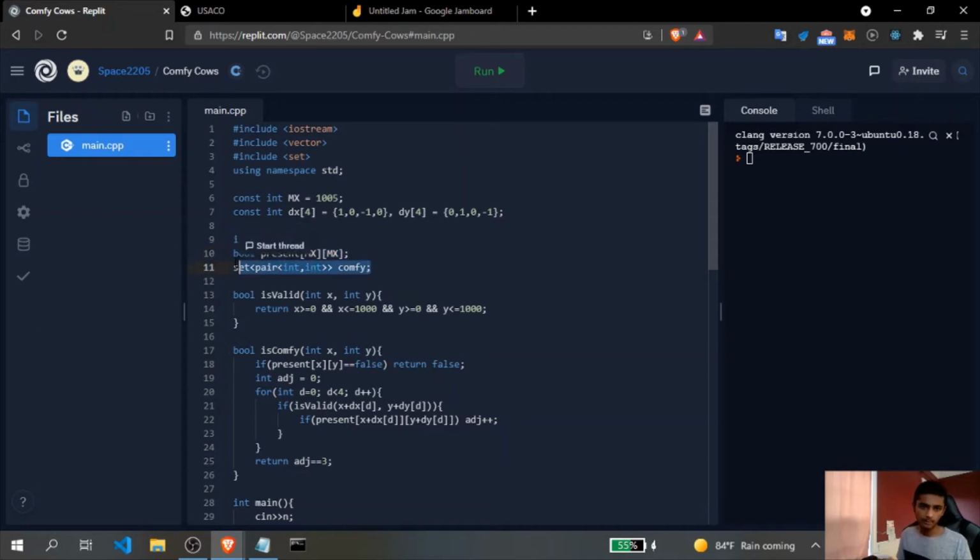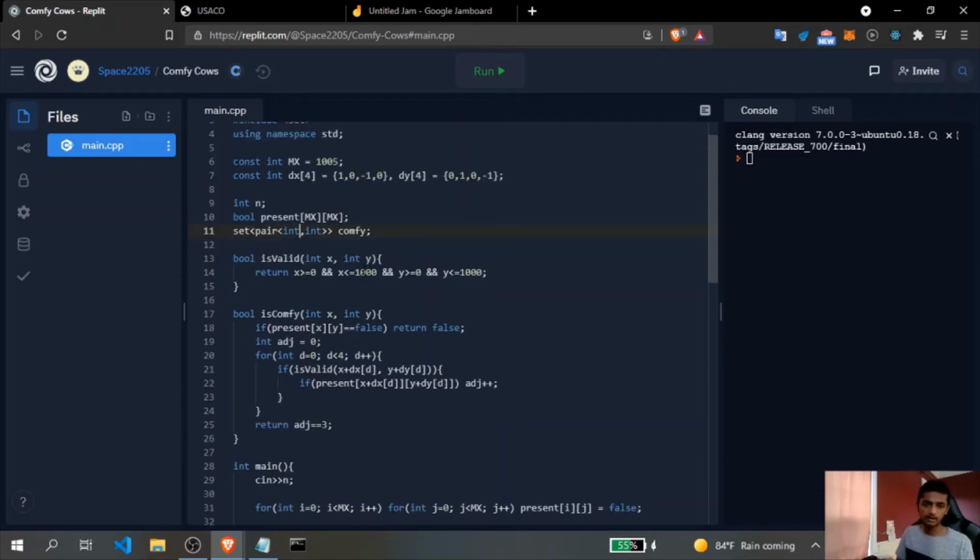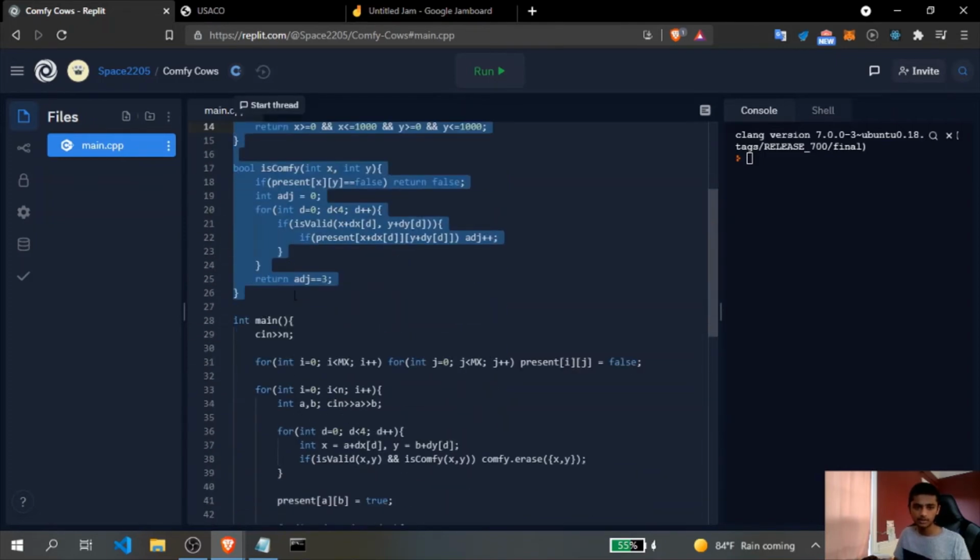And over here, I'm going to create a set which contains a pair of integers, and I'm going to call it comfy. And what that represents is whether a pair of integers x and y are comfortable or not. So for example, if I have the pair 0, 0 inside of this, then I know that they're going to be comfortable. And if I don't have them, then I know they're not going to be comfortable. And since a set contains only unique values, I can basically output comfy.size at the end of each of my iterations of adding a new cow and basically find the number of cows that are actually comfortable. So I'm going to look at these two functions later,